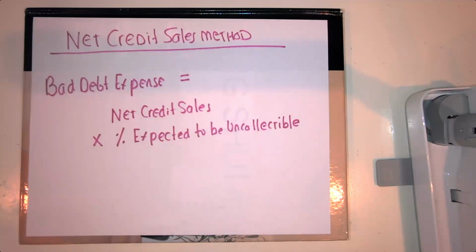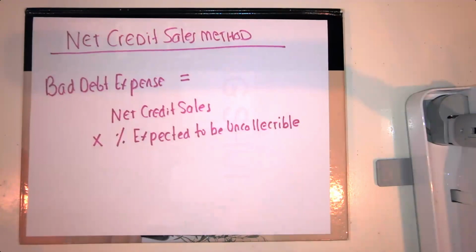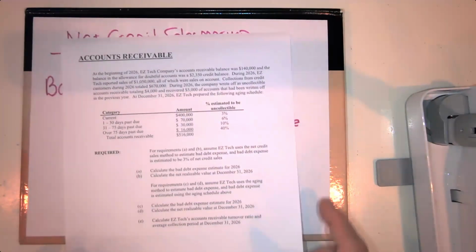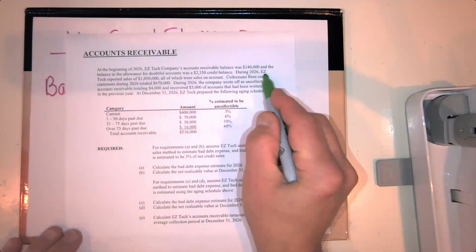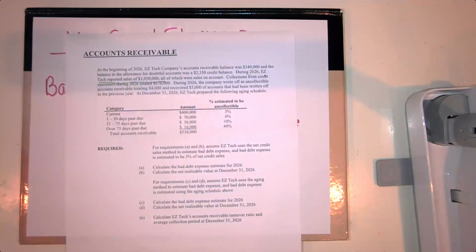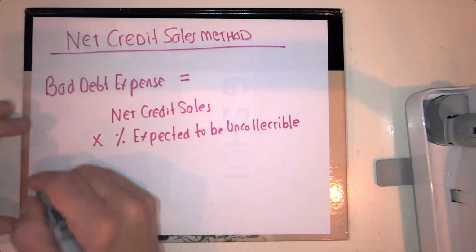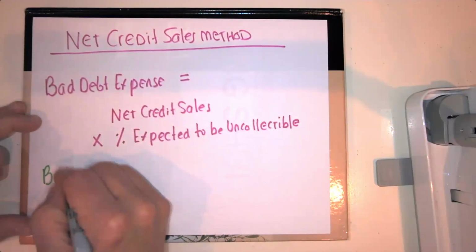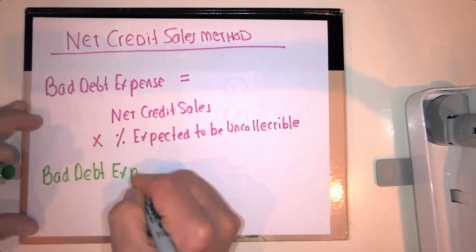What does it tell us? It says, okay, we want to take our net credit sales, the sales we made on account. And here's what the problem has said. During 2026, Easy Tech reported sales of $1,050,000, all of which were sales made on account. So we'll calculate our bad debt expense by taking those credit sales, which were $1,050,000,